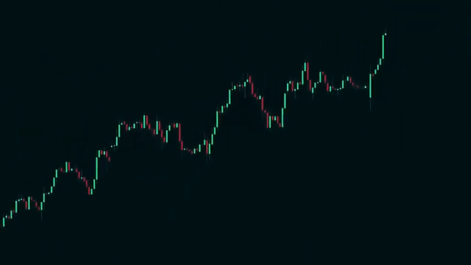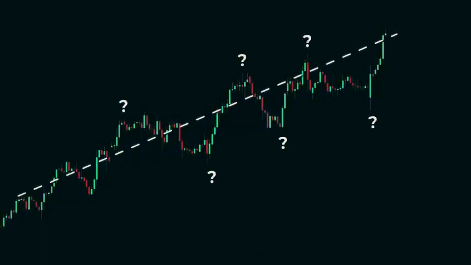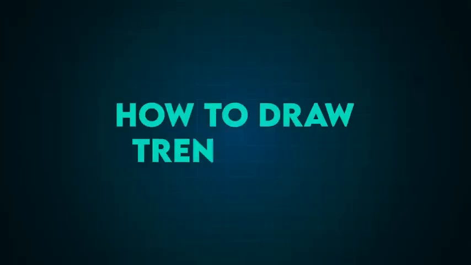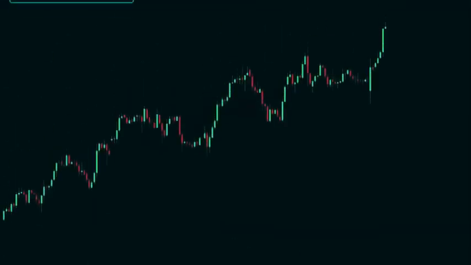Now, before we start trading with trend lines, we first need to know how to actually draw them properly, because if you get this wrong, the strategies won't work anyway. So, here's an in-depth guide on how I draw trend lines. To draw a trend line,